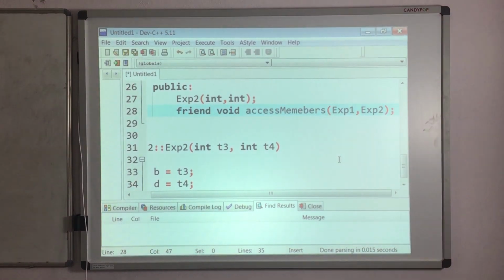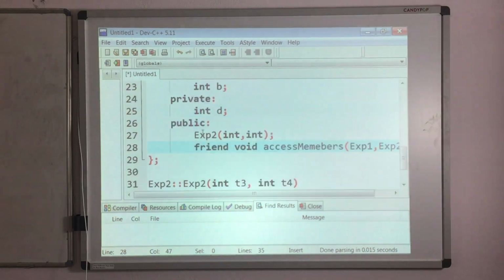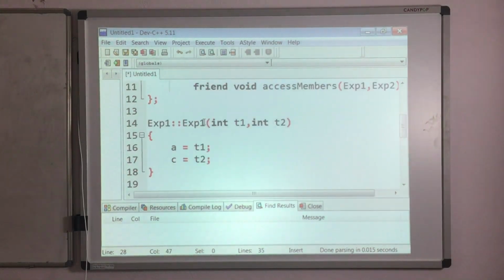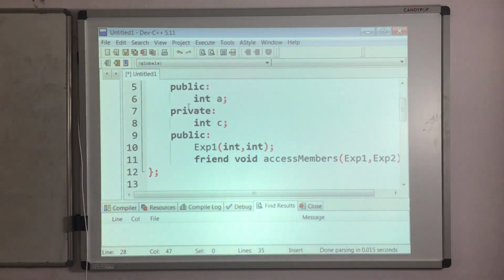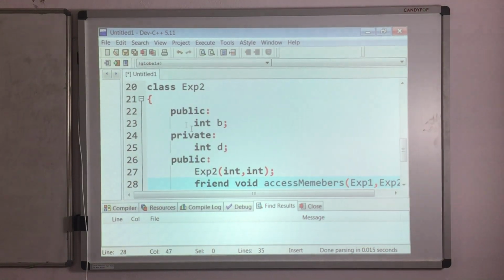So declarations we have done inside the classes. As it is a friend function, the declaration has to go in both the classes, because we want to access all the data members of exp1 as well as all the data members of exp2 with the help of a single function.